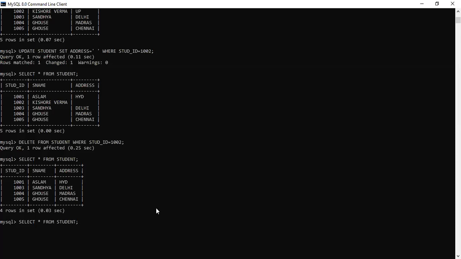Now over here I would like to first show you the select command only. This is your DQL command, data query language. So here I want to select only the student ID and their addresses without seeing the names. So I will use the parameters as studid, comma, address